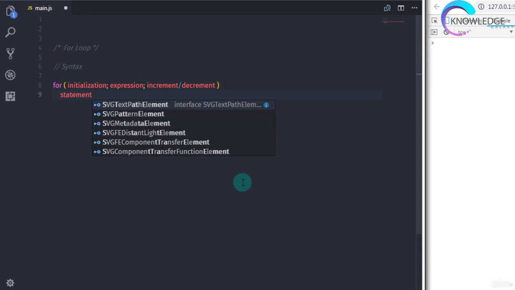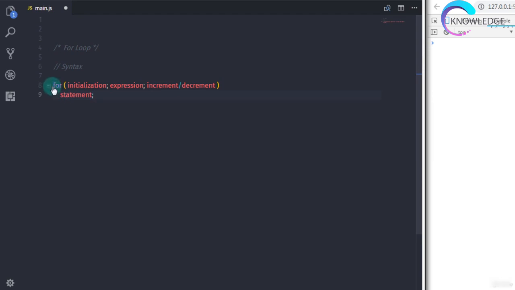We start the for loop using the for keyword, and in the parenthesis we specify initialization, expression and increment or decrement operator. We first initialize the variable with a value and specify a semicolon after initialization. After that, we specify the expression and a semicolon at the end of the expression, and then specify increment or decrement.